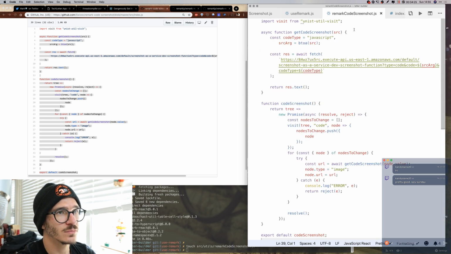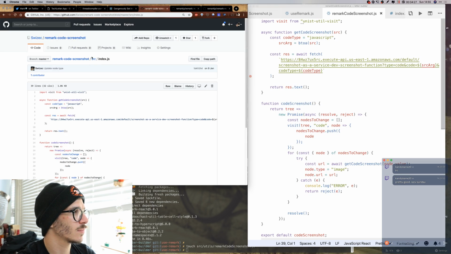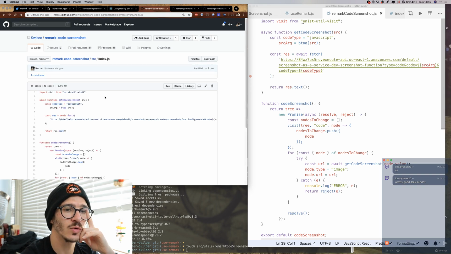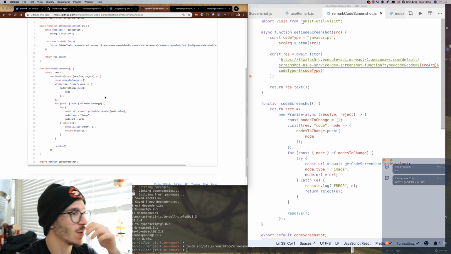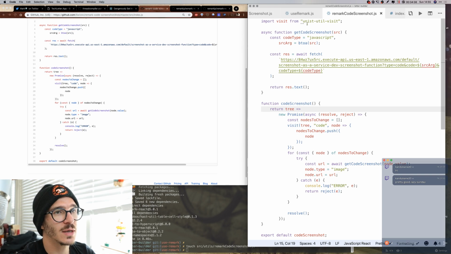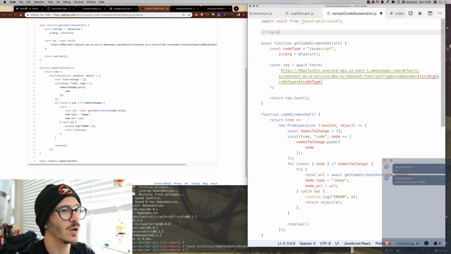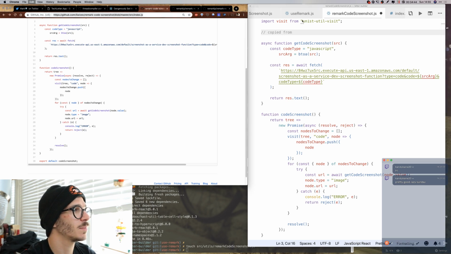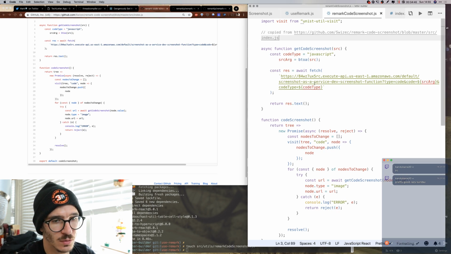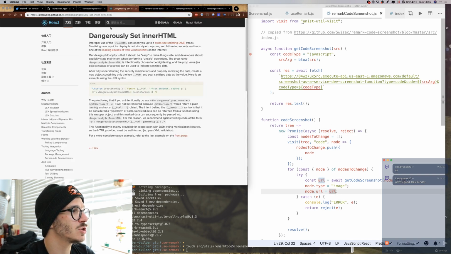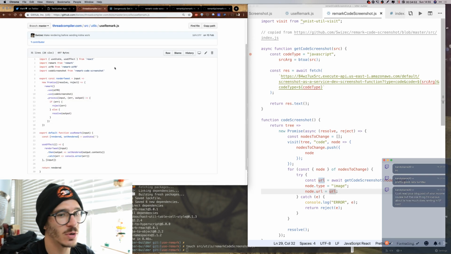Okay. Yeah, because I don't know how to pass parameters in. So this is going to be get code screenshot. This is copied from my old code. There we go. And then instead of giving a type of image, it's going to give me a type of